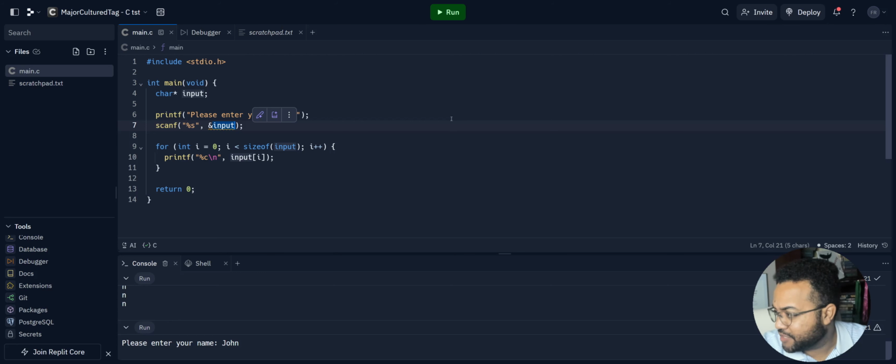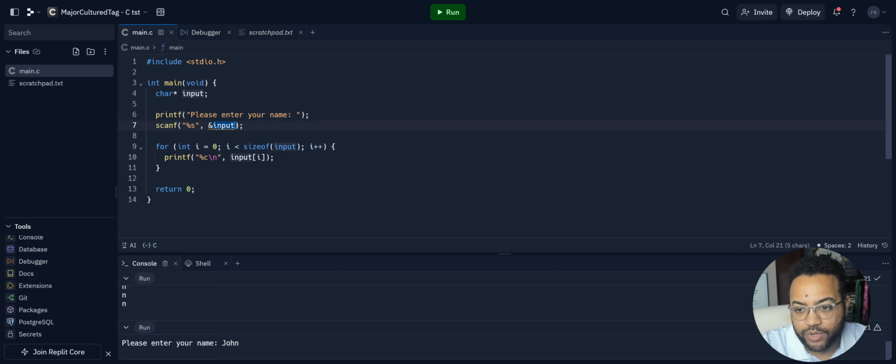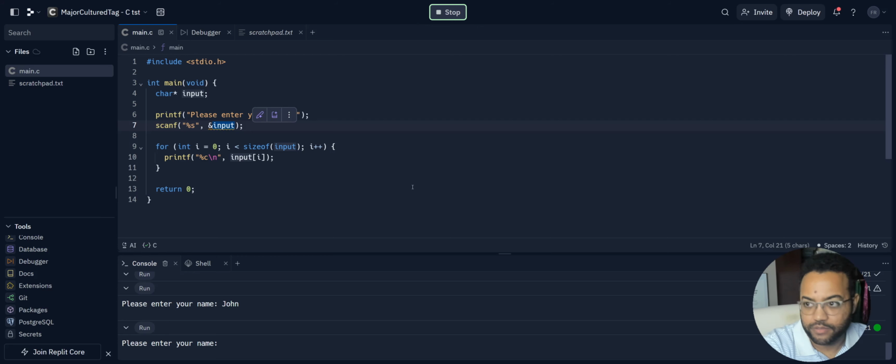Yeah, I see how they jerry-rigged it. I'm reading some documentation from Geeks for Geeks, and there's a way you have to jerry-rig it to do what you want it to do. I don't like this at all, because what I would have to do is get the size from the user. When I want to dynamically determine the size from the program, if I ran this and I said John, and then I said enter,